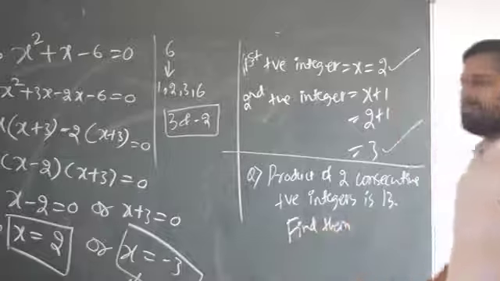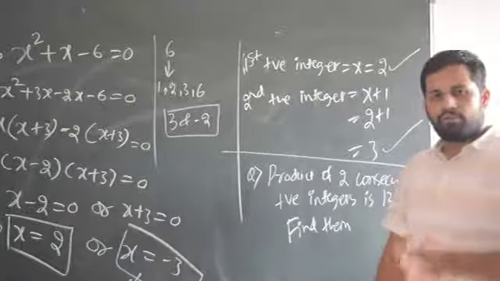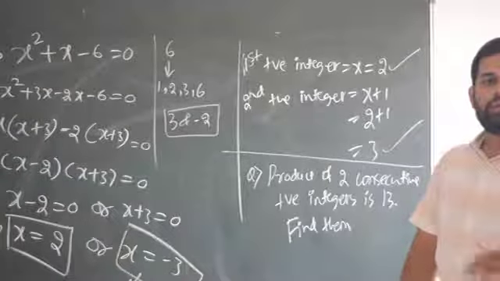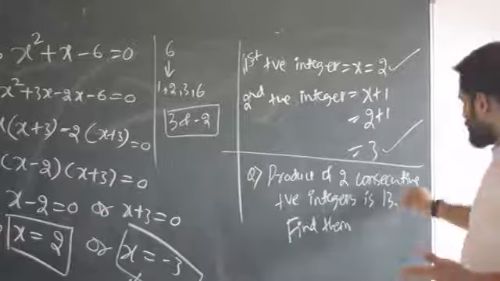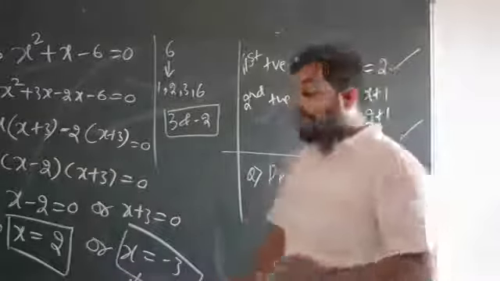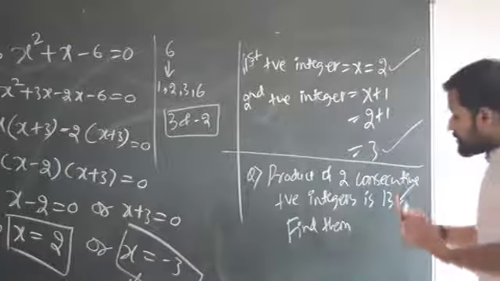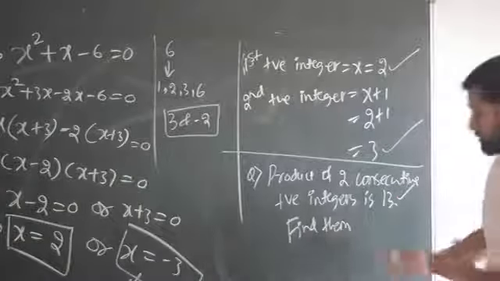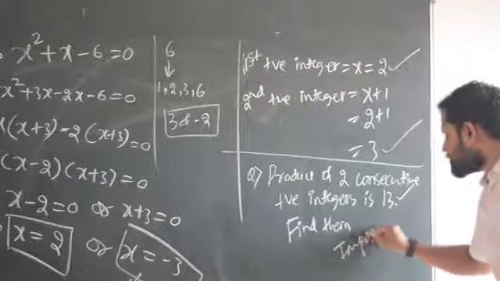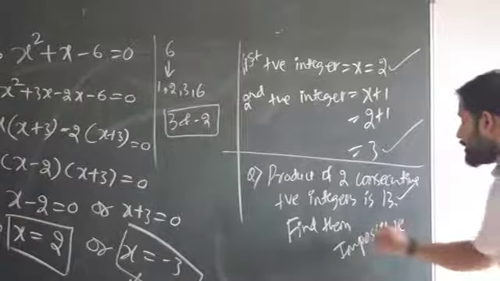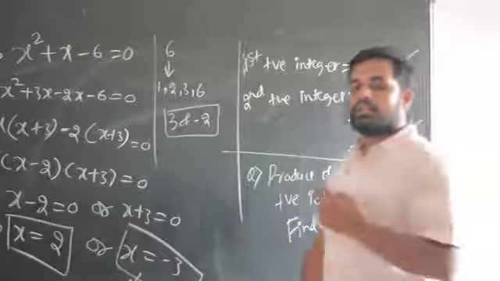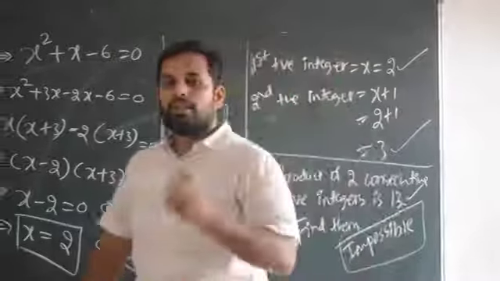Now look at this. You keep on taking any consecutive integers, it won't come. 1 and 2: 1 into 2 is 2. 2, 3: 2 into 3 is 6. But how many are you supposed to check like this? You won't be able to check so many, right? There are so many numbers. But how do you know whether this situation is right or not? Is this situation possible? I am telling you, this situation is impossible. But how are you going to prove it in the exam? That will take us to the next concept, called the discriminant.